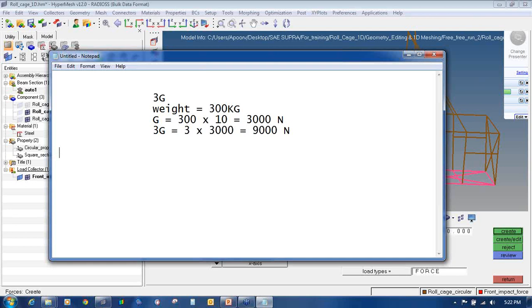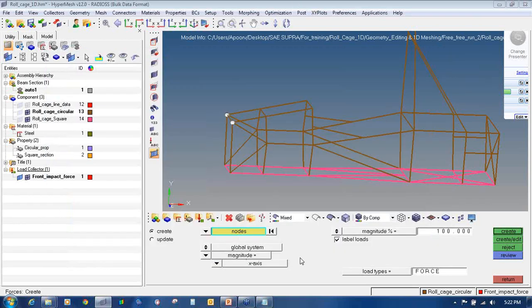As I am applying on two nodes, on each node the force will be 9000 divided by 2, that means 4500 Newton force I am going to apply on each node. So I will select the magnitude as 4500.